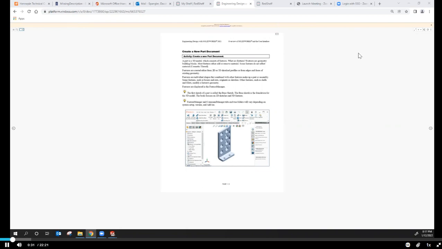So the first sketch that you create is called the base sketch. And the base sketch is,